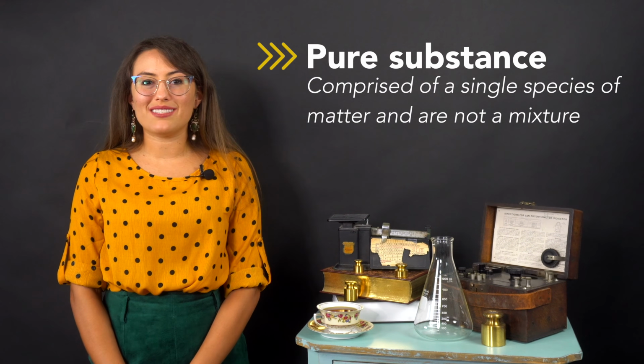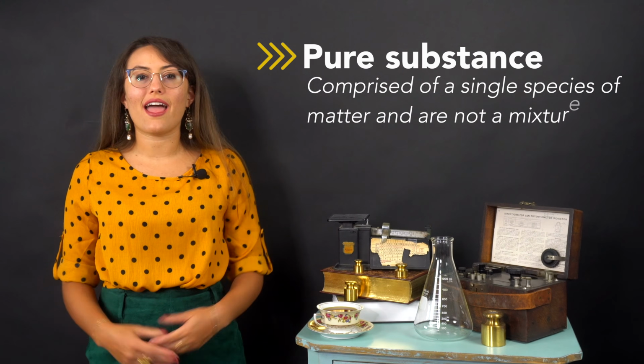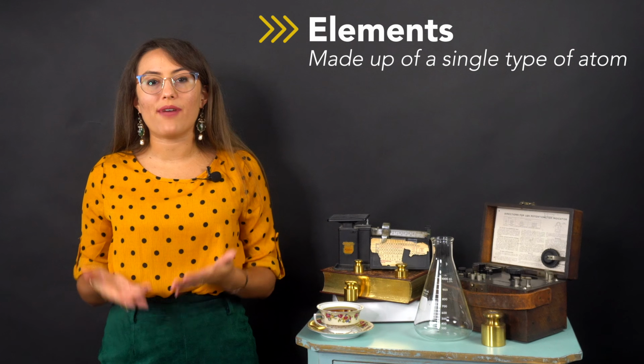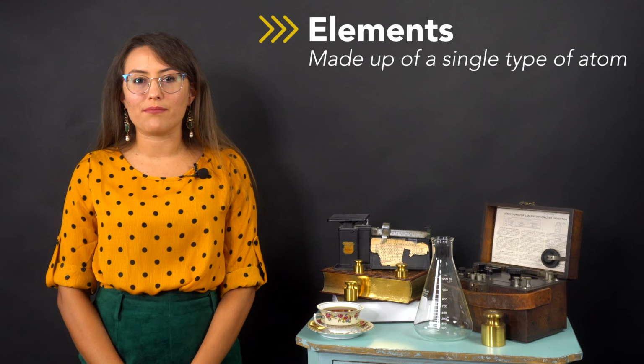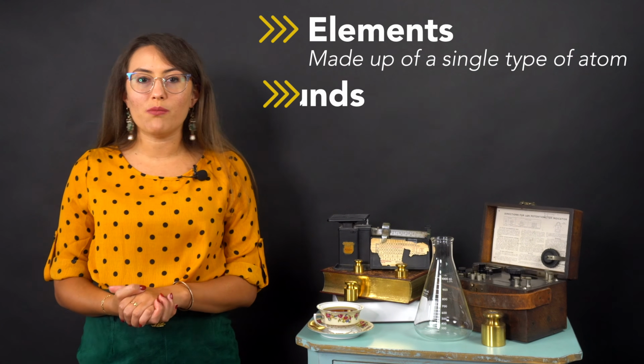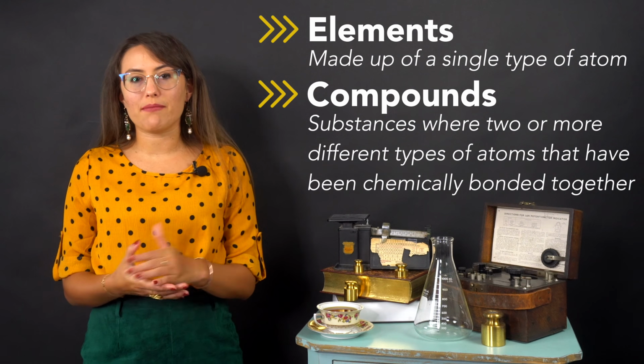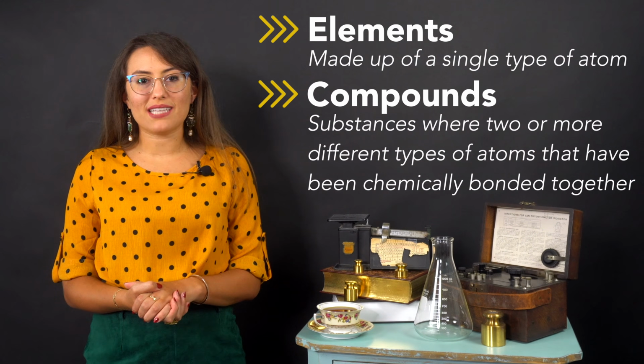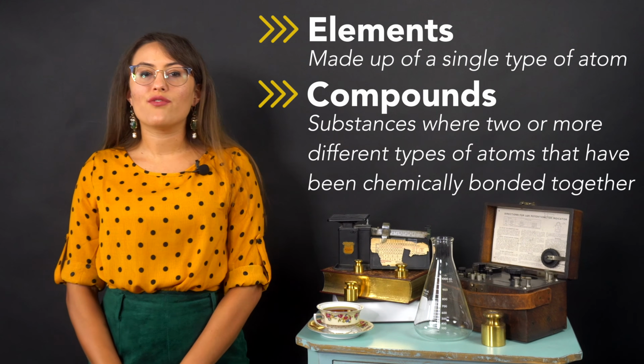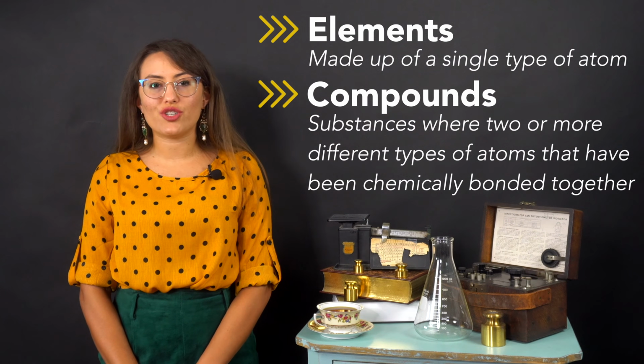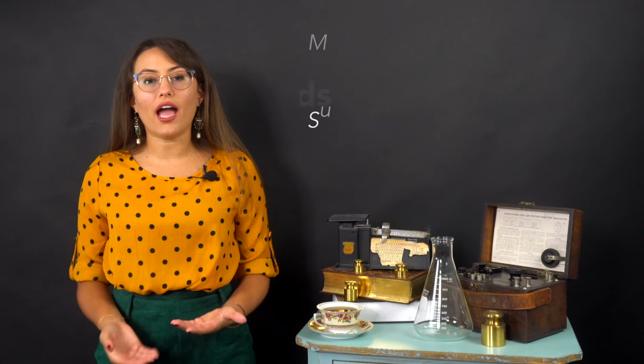Pure substances can be divided into two different types, elements and compounds. Elements are made up of a single type of atom, such as iron or helium. Compounds are substances where two or more different types of atoms have been chemically bonded together and cannot be separated by physical means. For our discussions, we are going to be looking at two different types of compounds, ionic compounds